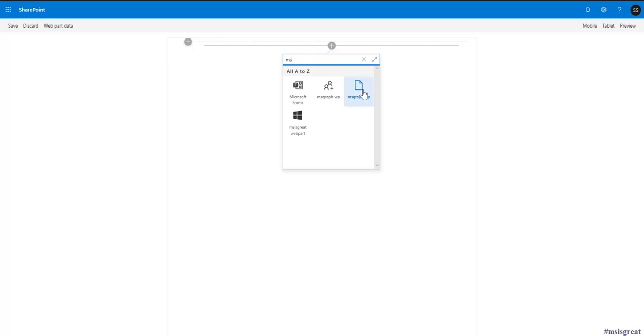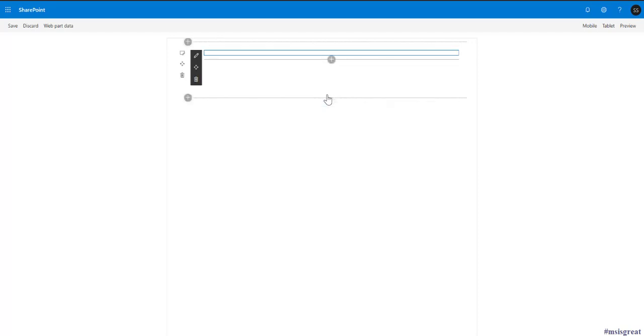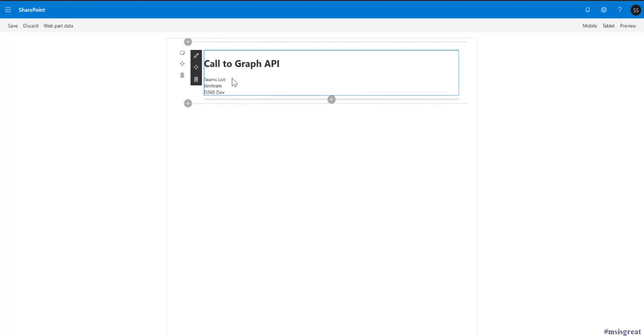This is my previous deployment with just the page icon. This is my current deployment. When I click here, it goes to the Graph API, calls the Graph API method, and gets me the two teams which I have joined. So that's how it works. This is a simple program with which you can easily consume the Graph API. And if you check the code here,